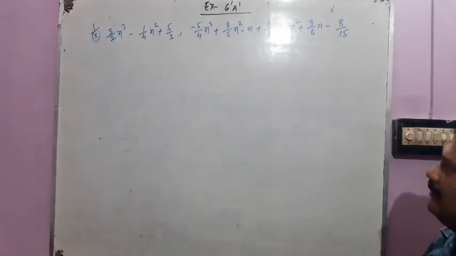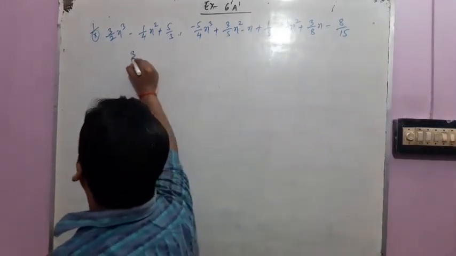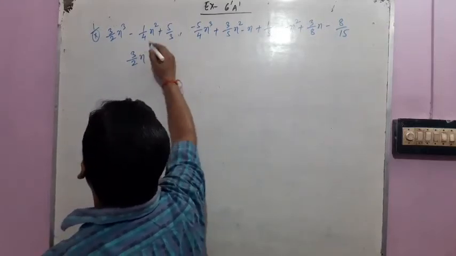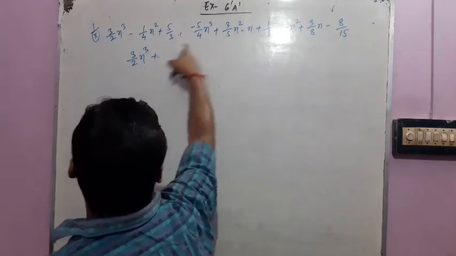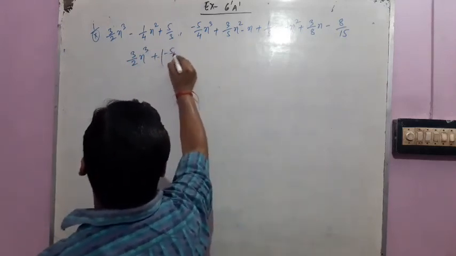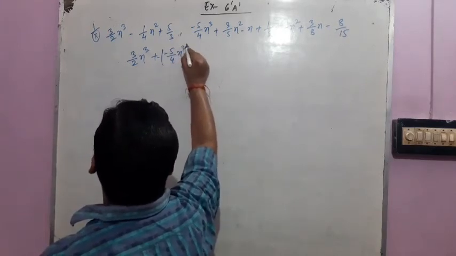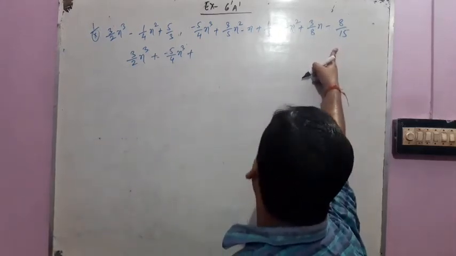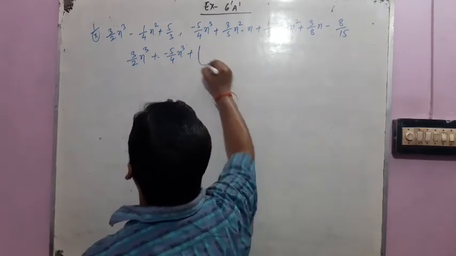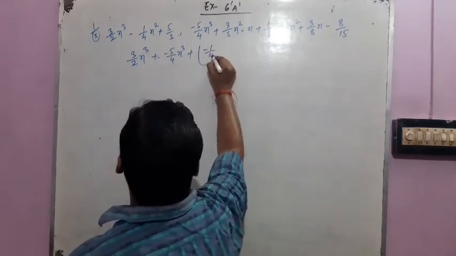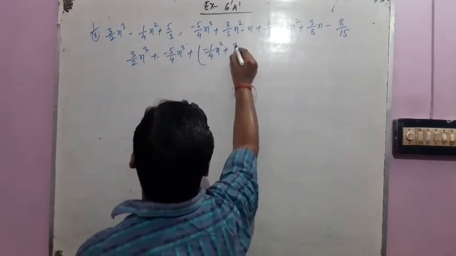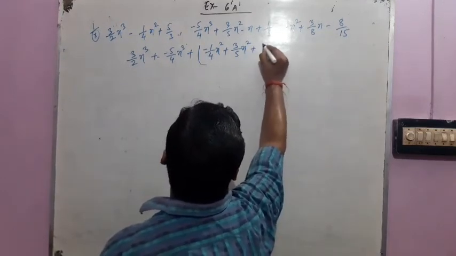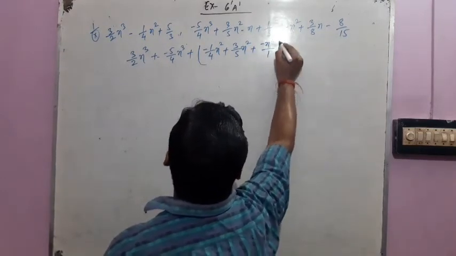So the first term is here, students, 3 by 2x cube, now minus x cube. Now we have to search where the next term of x cube is. Here it is the term of x cube, so we have to write here minus 5 by 4x cube. Now where is the next x cube term? There is no other term related to x cube. Now we have to write the terms related to x square. Minus 1 by 4x square. The next term is 3 by 5x square. And the next term is plus minus x square, right, here 1 as denominator.